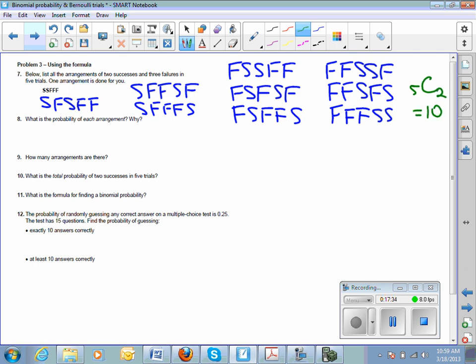All right. So with that in mind, now let's look at what the probability is of each one of these arrangements. And just to keep things simple, we will go back and assume we're still dealing with that first experiment that we did, where we're rolling a die, and 6 is a success, and anything else is a failure. All right, so what's the probability of this first outcome here? It says S, S, F, F, F.